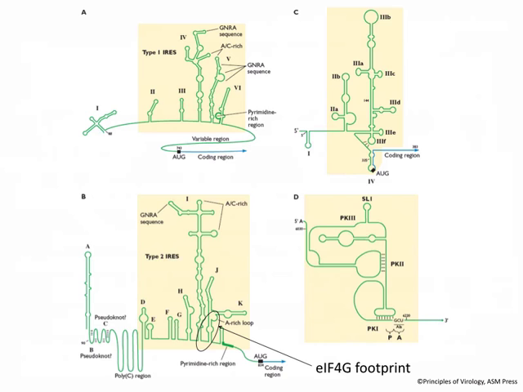They have no sequence homology, with few exceptions. There are some little areas like a pyrimidine-rich region, which is in common to all of them. But you cannot look at the sequence of a 5' untranslated region and say, aha, that's an IRES, because there's no consensus sequence for an IRES. What is important for the function of these structures is the secondary structure.